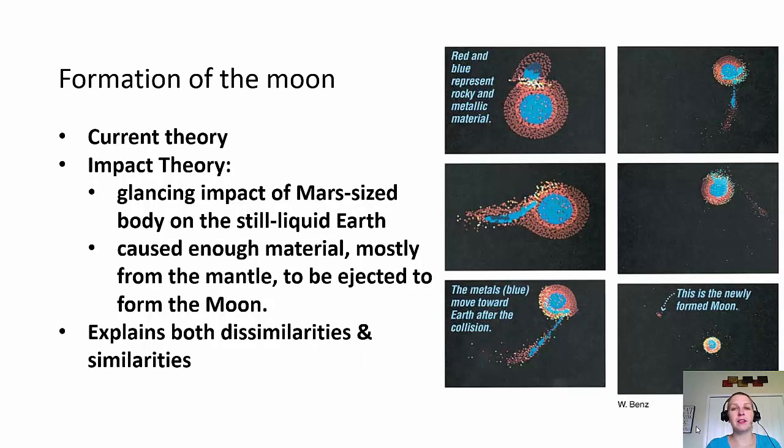All right, so this brings us to the current theory. And as in astronomy, when in doubt, it was a collision. And sure enough, that's actually what they're saying. It's called the impact theory. The Earth was trying to cool. It probably already differentiated so that the metal was in the middle, the rocks were around it, and then it got smacked by a planet the size of Mars.